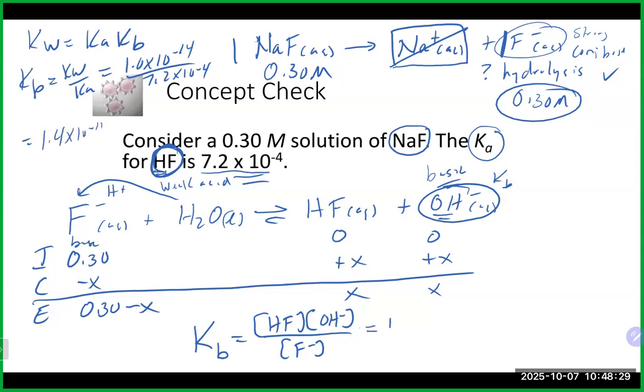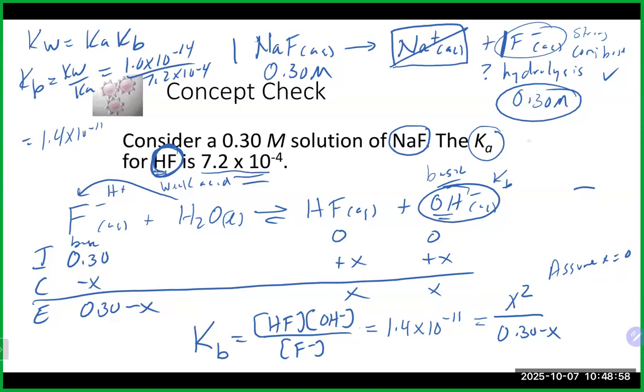So again, that is definitely the K value that we want to use here. A lot of people just roll with the K value that's given to you. So again, you got to think about what's going on and not just roll through it. That's going to give us x squared over 0.3 minus x. That seems like a small K value, so why not assume x is equal to 0? And if I do that,